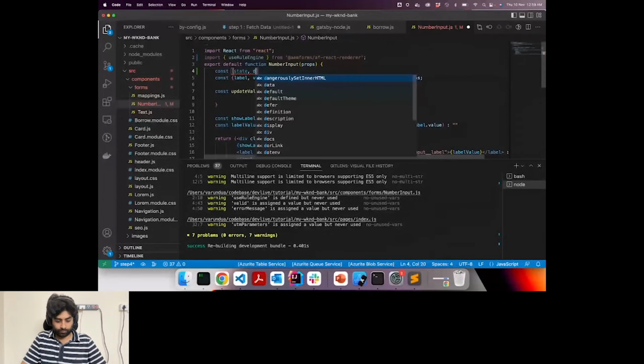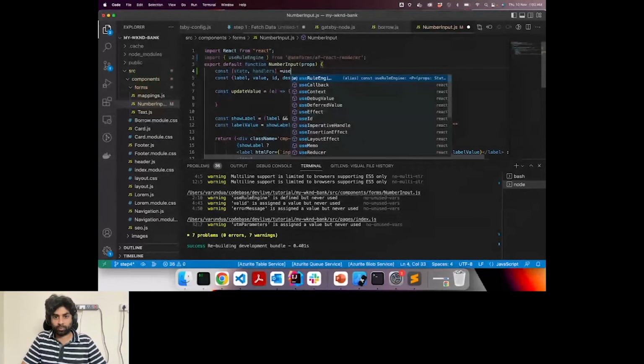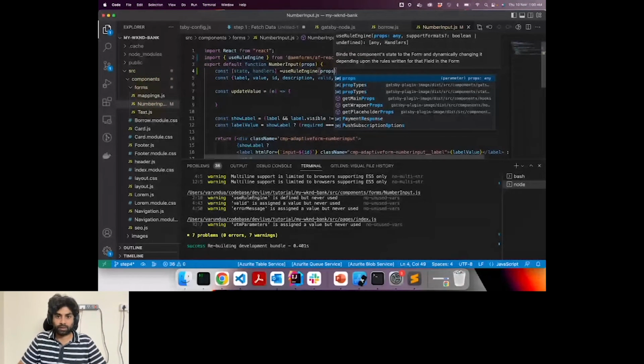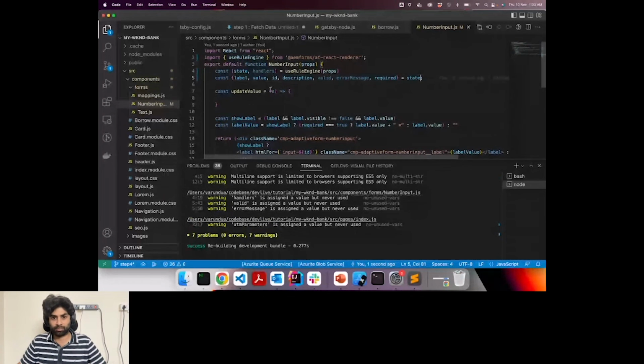You pass in all the props that you have received in the component, and then it returns the current state, the exact state that is defined using the rules and the events, the behavior that was mentioned in the JSON. And then you use that state instead of the initial props.